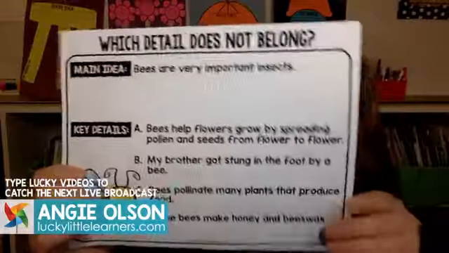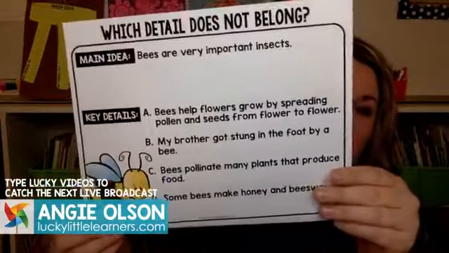Now, we have to get a little creative here because I don't have a smart board behind me, but I want you to pretend like this is being displayed on the smart board. It's being displayed on just a drop-down screen or a plain marker board. Maybe you've printed this out and stuck it under your document camera for the kids to see. Or maybe this is just done in small group because you don't have any of those tools. I'm assuming you guys want to have at least one of those. So what's going to happen is you're going to show the kids, and again, this is going to be displayed large for them.